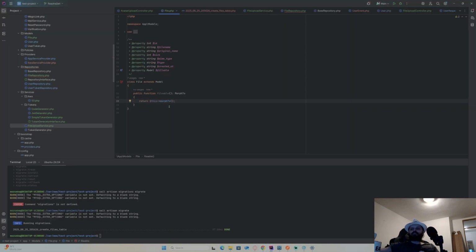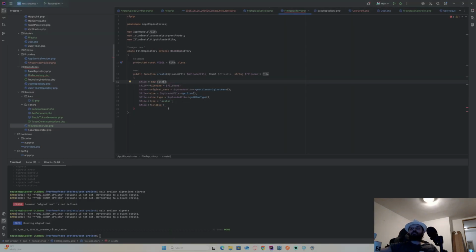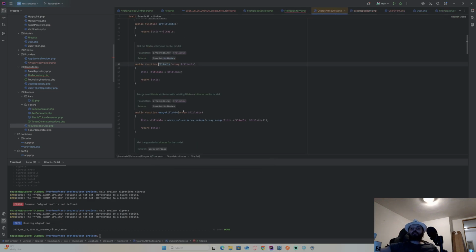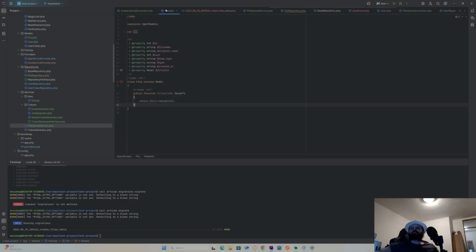Okay, so this should work just the same as it works for the other one. We just check. This is file. File will have multiple fileables. Okay, my mistake. I need to call it as a method. Just check my file.